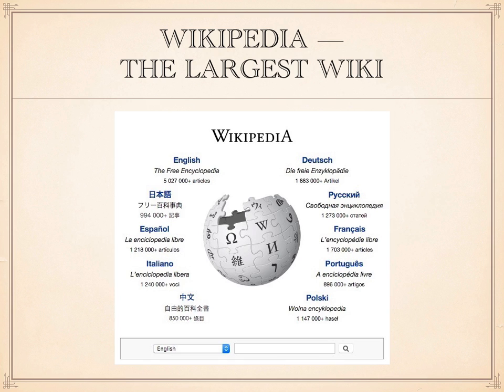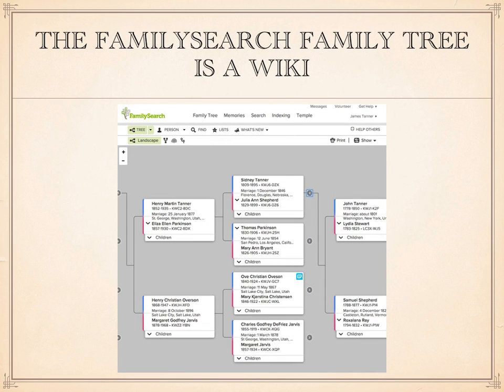This kind of conflict on the wiki is potentially possible, but in a wiki such as the FamilySearch Research Wiki, which is the main wiki directed at the genealogical community, it is almost rare to the point of being non-existent. Let's just face it, there's not that much controversial about genealogy. And most people would probably be surprised to find out that the FamilySearch Family Tree program is also a wiki. It's based on the same program as Wikipedia.